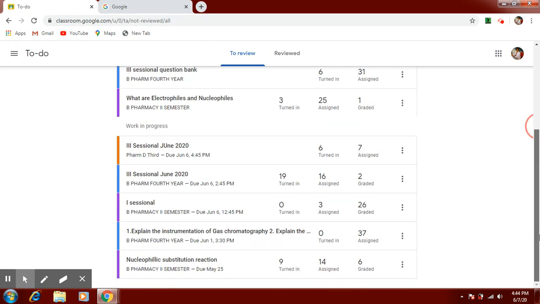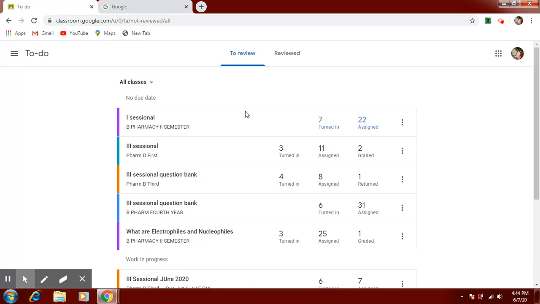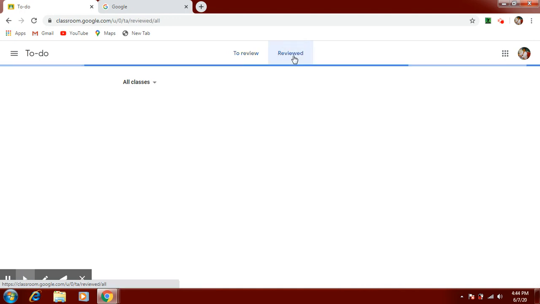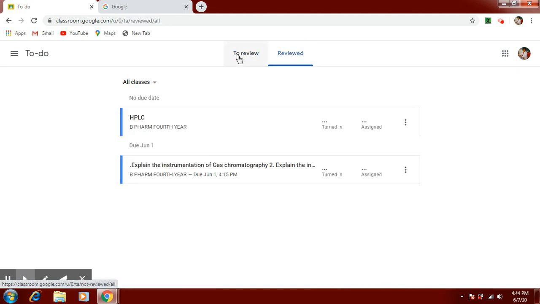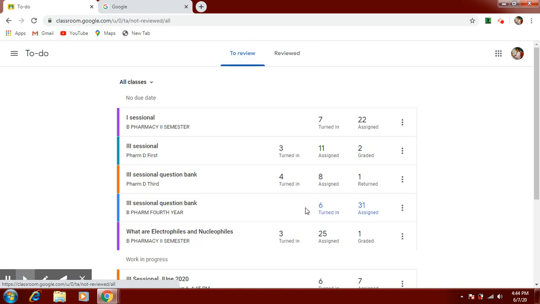It is very difficult to see, as it will show for all the years. So I have four classrooms. It will show four classroom assignments if you go here. It will also show how many you have reviewed, how many you have completed, and how many you need to review. And in here you can also see turned in, which means how many have submitted,